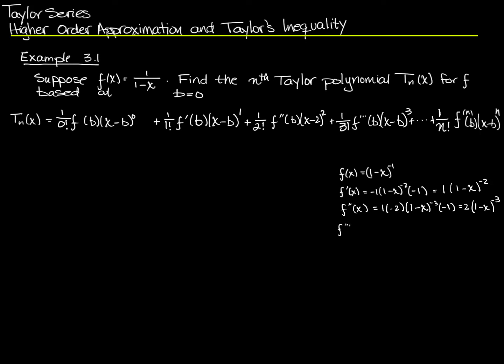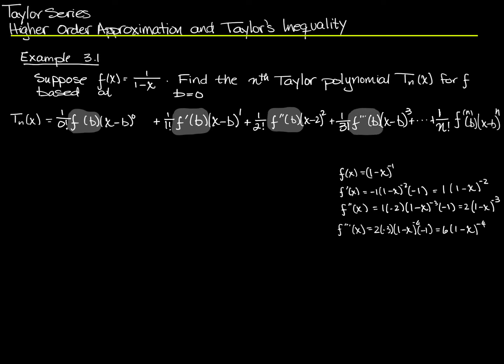Let's go ahead and do at least one more here. The third derivative is 2 times negative 3 times 1 minus x to the negative 4 times negative 1, which is 6 times 1 minus x to the negative 4. Okay, so now I have a first derivative, a second derivative, and a third derivative. I also have my original function, so if I plug b in to each of those, I'll get the value for my coefficients. Let's see, f of b is here, f prime of b is here, f double prime, f